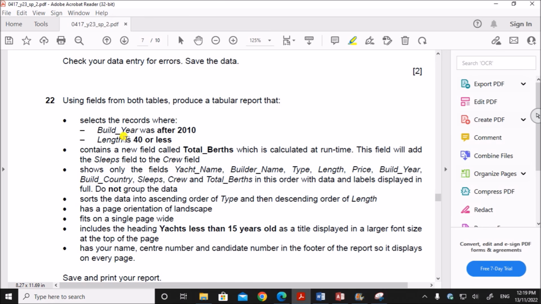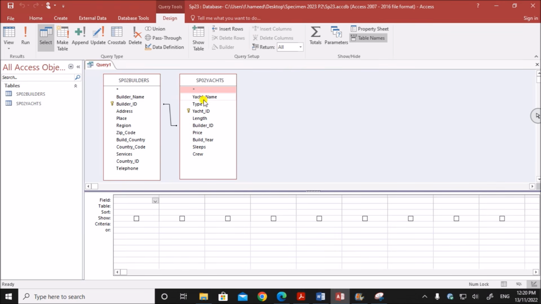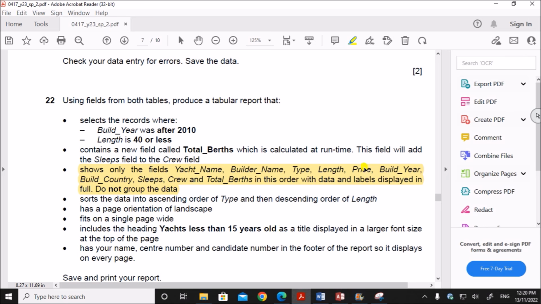Now we need to produce the report that will satisfy this criteria. So before giving the criteria, we have to add the fields which are to be included in the query. So the fields which are to be shown in the query are given here. These are the fields which we need to show. So the fields are yacht name, builder name, type, length. So let's add it. Yacht name, just double click, it will be added to the query. Builder name, type, length, price, build year,